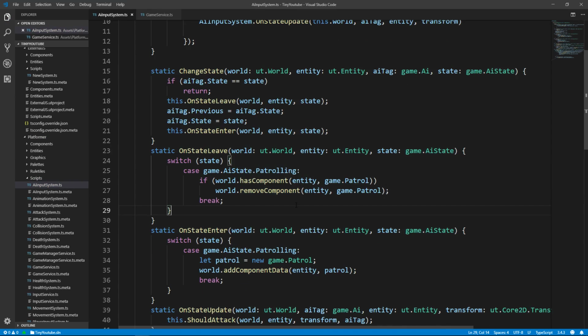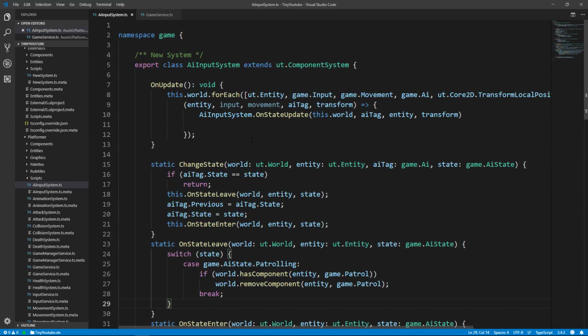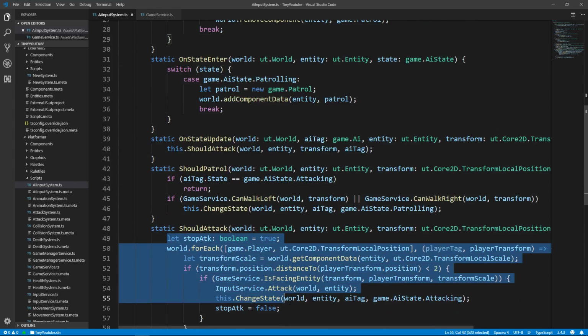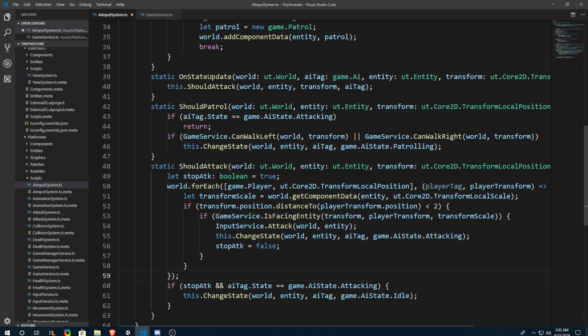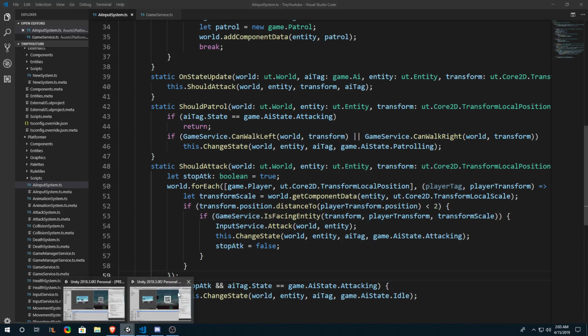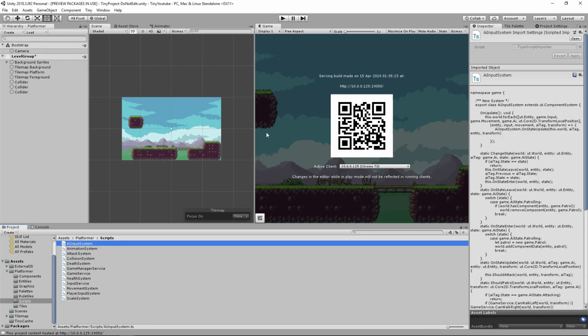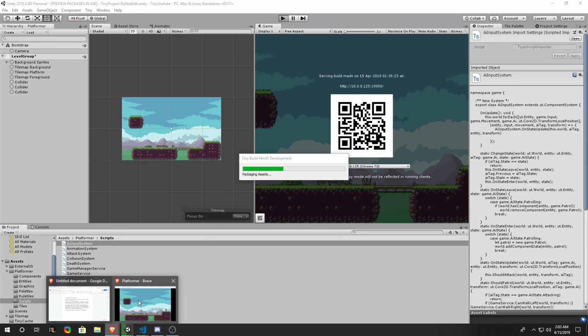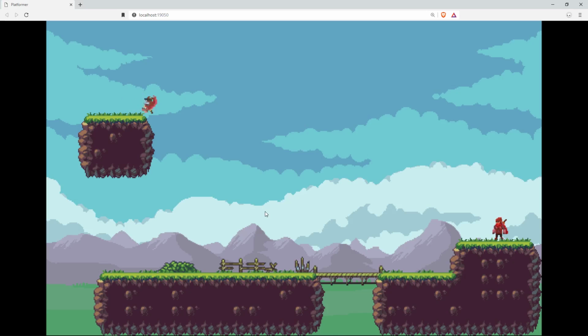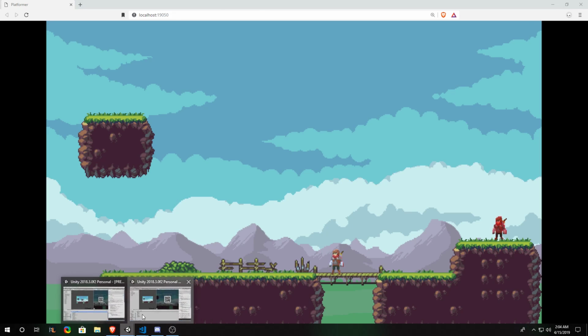Now, before we actually set up the patrolling system, let's just confirm that our attack system is still working. So we can save our file, go back into the editor, click on play, wait for your game to load up, and when it does, walk over to one of your enemies and see if he is still able to attack you. Confirm that it's still able to do the full combo when standing in front of him. Excellent. Now that we confirmed our game is still working with no errors, we can go back into our editor,